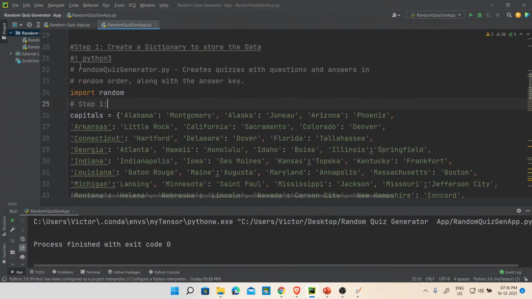The first one creates some random quiz. You can call it anything, right? And then in that order along with the key. So we have a couple of steps. In this case, let's go and look for anything that is Indian. So what are we doing in the first case? We create this to store the data.